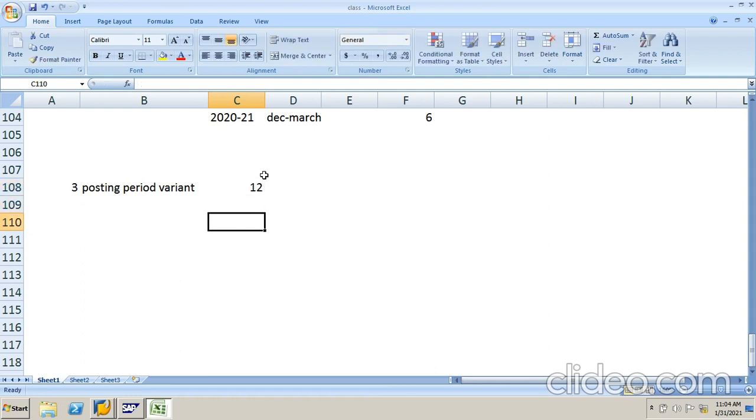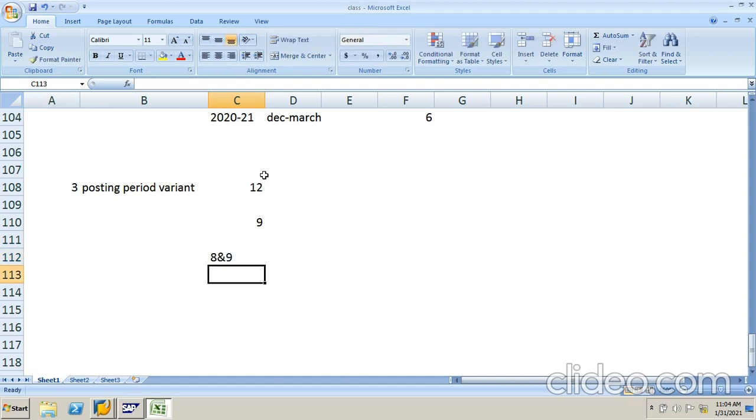So always we have to close the posting periods. Suppose we're in 9th month. So if you are in 9th month, we have to open only 8th month and 9th month only.